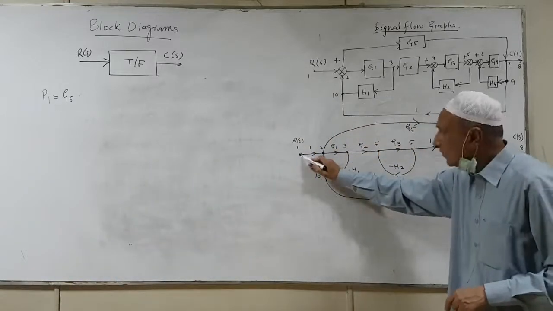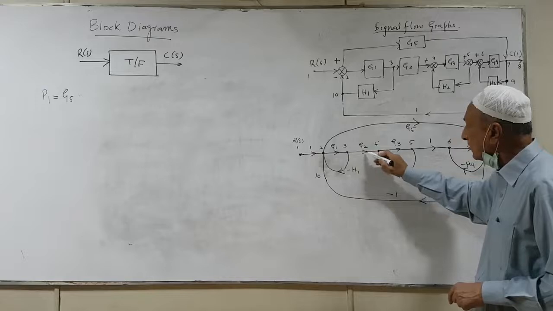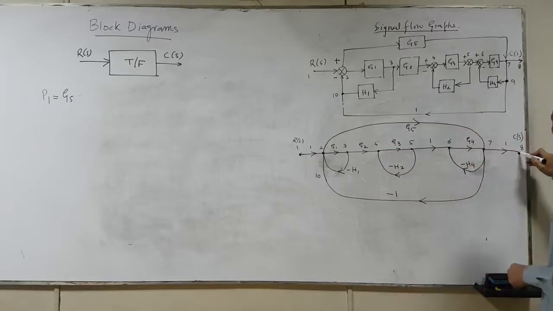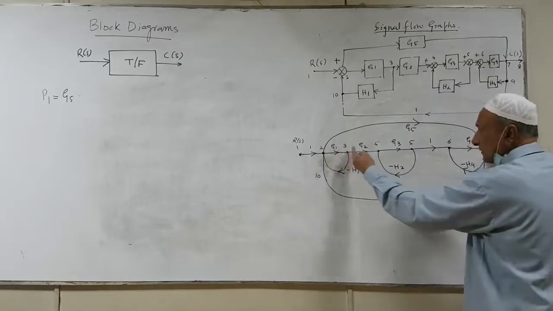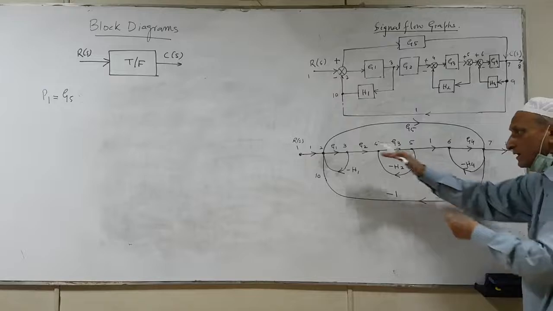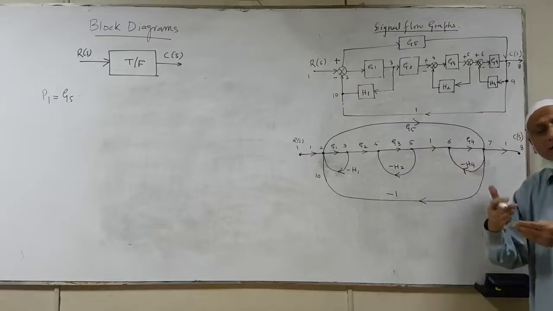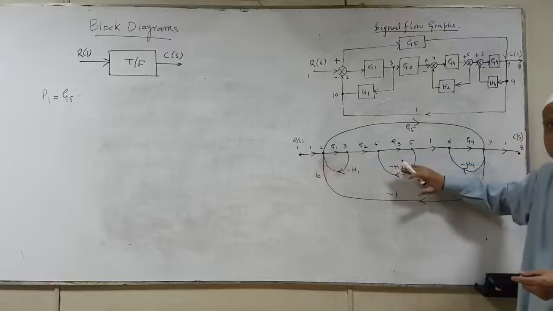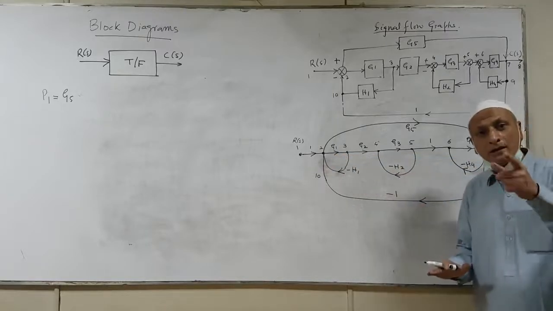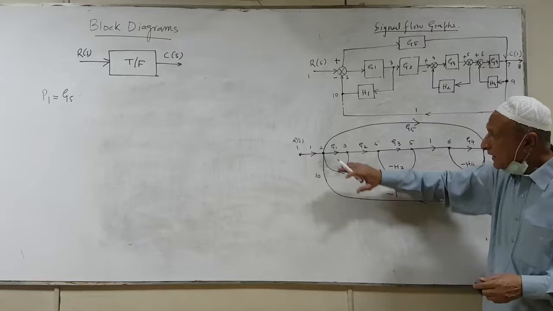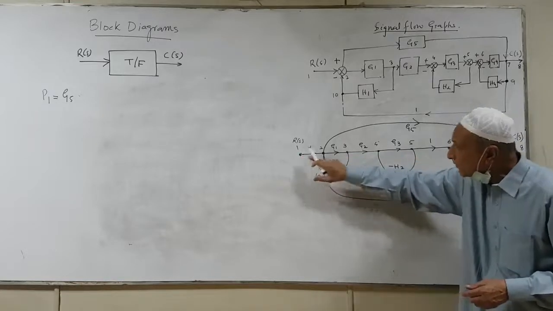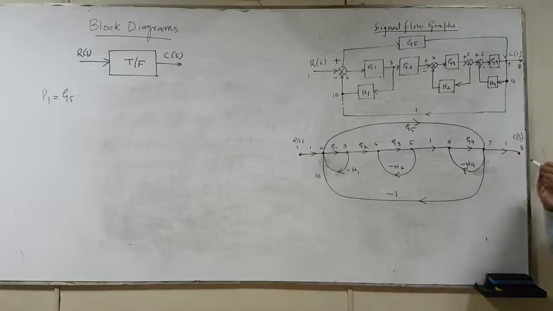Follow the arrows: 1, 2, 3, 4, 5, 6, 7 and end at out. Now the collective transmittance has to be multiplied because they are all in series in the path. We have to treat them independently, without the loops first. In order to find the forward path transmittance, we have to neglect these loops. We just go from point 1 and end up at the output following the arrows.